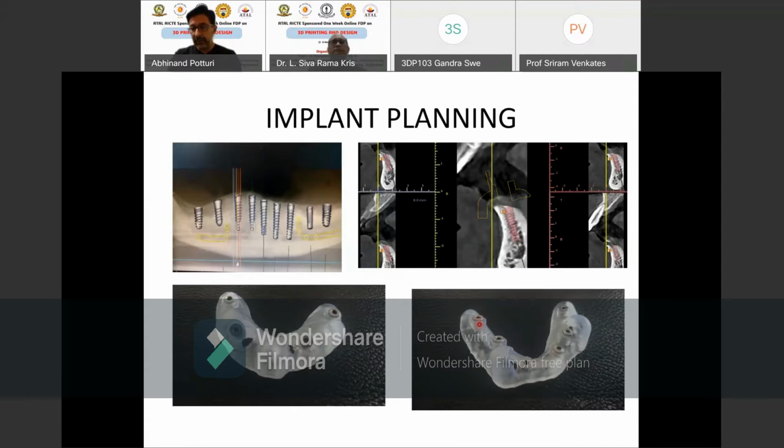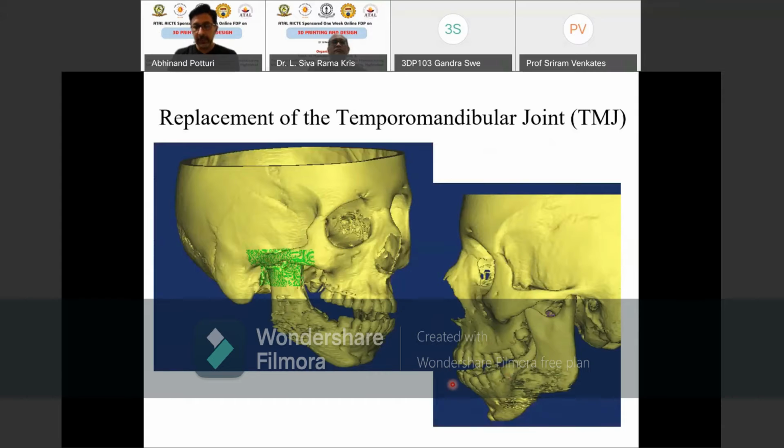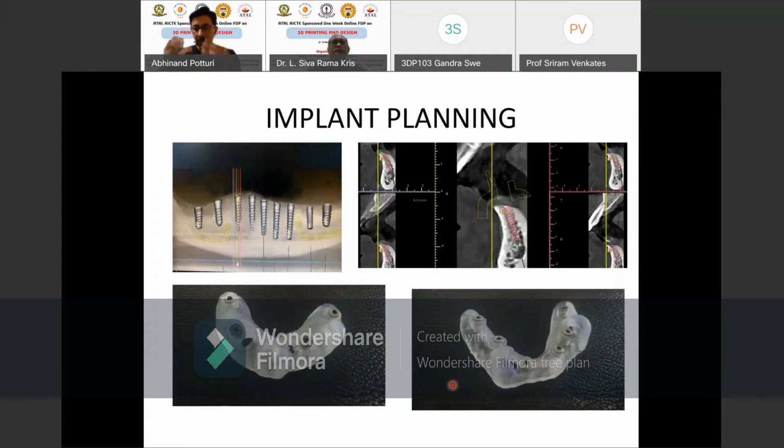Once we know that, we will make a template out of it, and then once we come to the patient, we will fix the template onto the lower jaw. Then these holes will be there on the template, and we know exactly where to drill and put the dental implant and dental screw, so that exactly what we have planned, how many implants, how many teeth, how many screws, and where we want our screws to come, exactly they will come there.